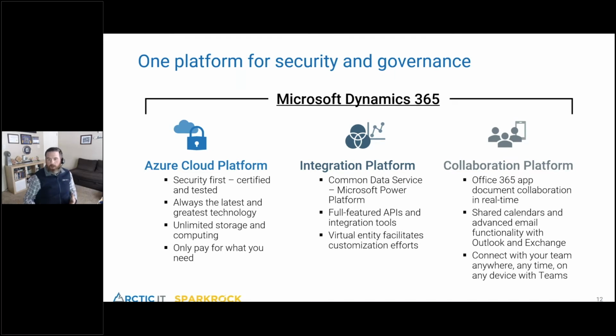And then all fully integrated with the most commonly used collaboration platform out there, Office 365, so that you have a single sign-on when you log in the morning to use your computer. You now have access to email, to Dynamics 365. It knows what your access and license to use, what data you can see, regardless of the solution that you're in. So when you're in Outlook and you get an email from a vendor, right in Outlook, you can see your vendor balance. You don't have to log into the other system to take a look at that. It's fully connected, giving you really good insights into that full collaboration platform on the Microsoft Cloud.